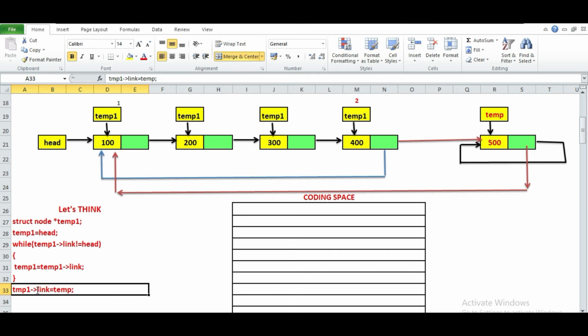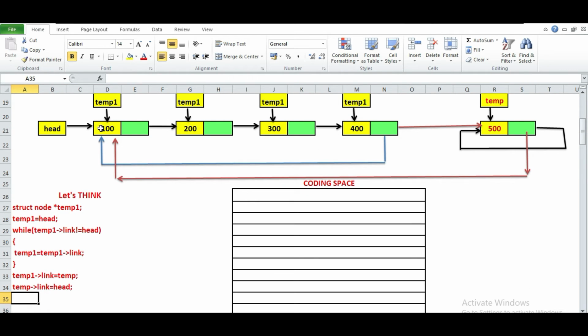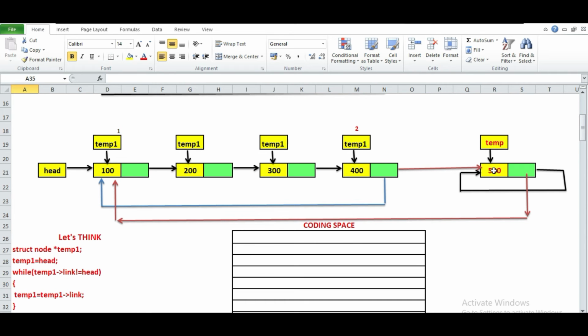So when I write this line of code here, then this red line which is formed, this link is going to have the address of this node, and the second part is that we have to move this link, because this becomes the last node, so this should have the address of the first node, because that is the CSLL. So we'll say that temp's link is equal to head. Okay, because head is having the address of the first node. So when we do this, the node is inserted at the last.